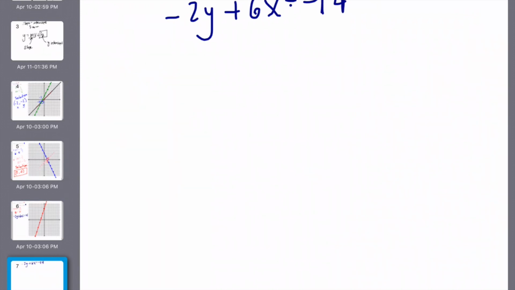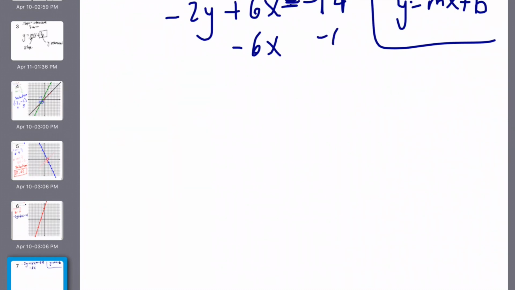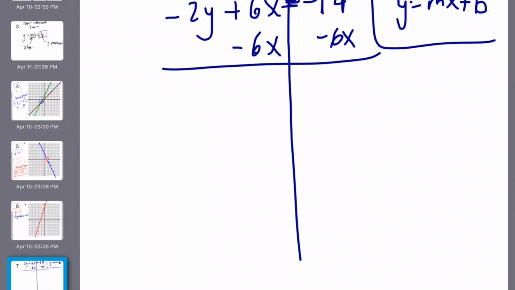And remember, I need to get it into y equals mx plus b form. Okay, so I need to try to get y by itself. So what I'm going to do is first make this equal sign look more like an equal sign. Then I'm going to subtract 6x from both sides. Because remember, I'm trying to get y by itself. So I'm going to be left with